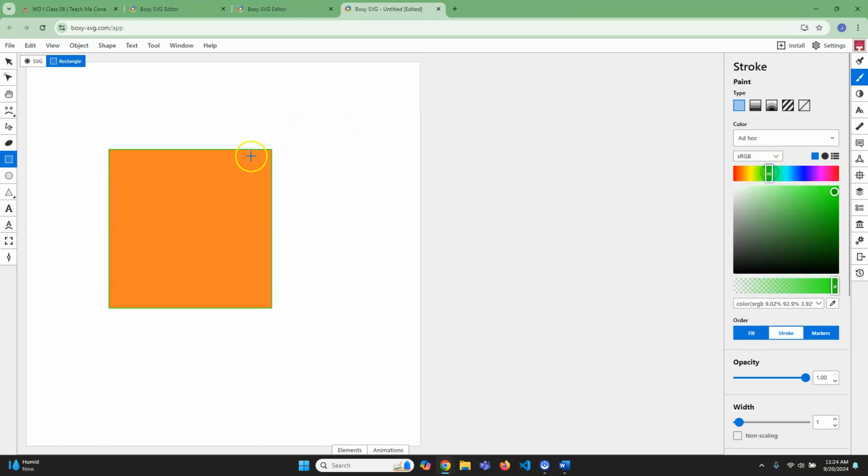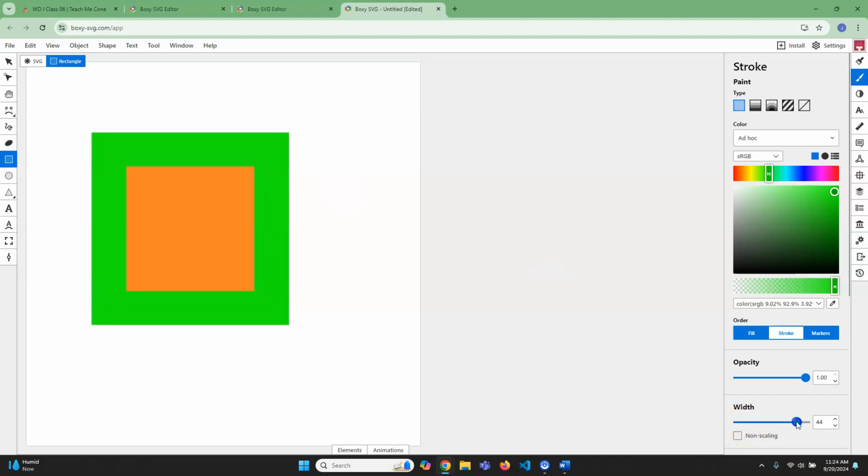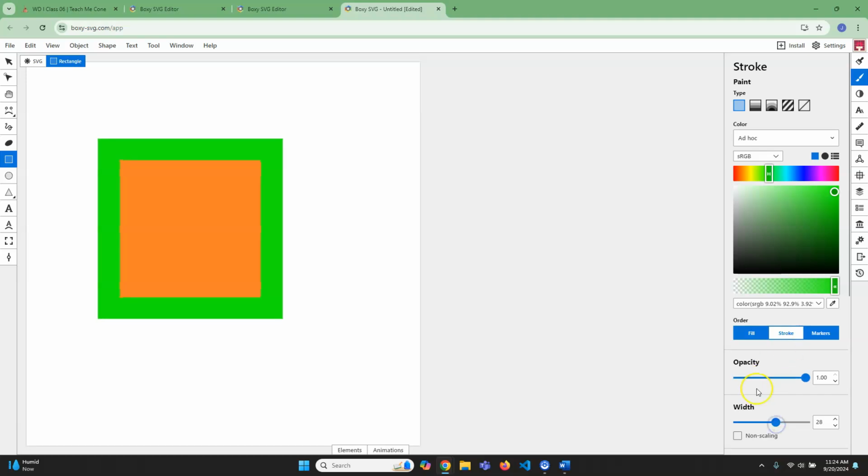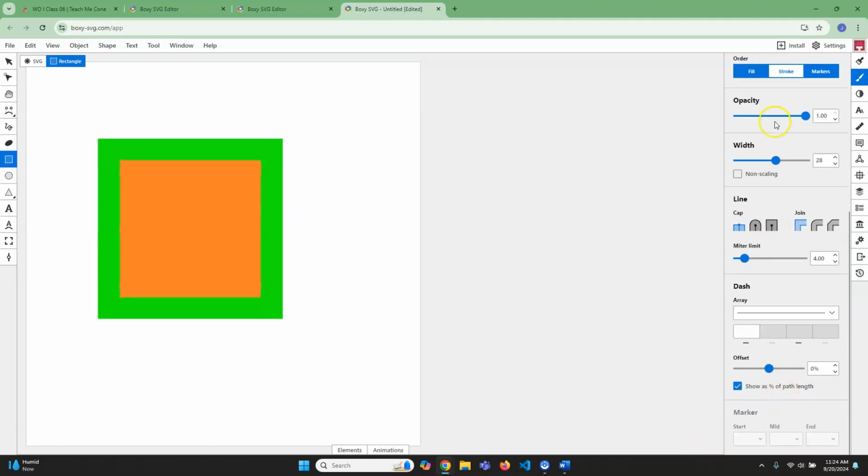So let's do green. See the stroke's a different color. I can also change the width of it here, which may or may not be necessary depending on what you're doing. Now notice it's kind of sucking in, and that's because if we look,